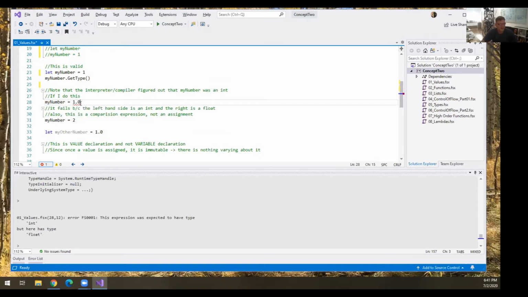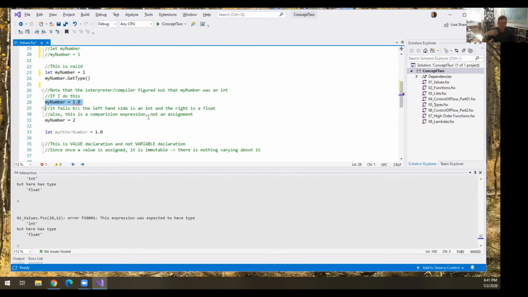Also, and some of you probably already know this, but some of you may not have noticed, this equal sign is not an assignment. Because I've already declared my number, and it's an integer, and it's the number 1, it's that forever. There is no mutability allowed. We have to allow cross-platform compatibility with C# and VB.NET, but out of the box, you can't change things.